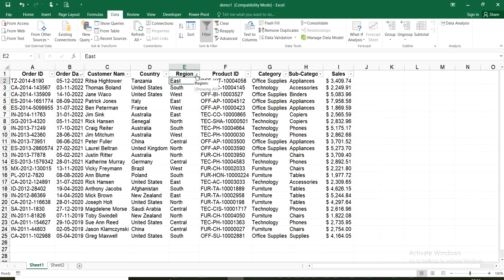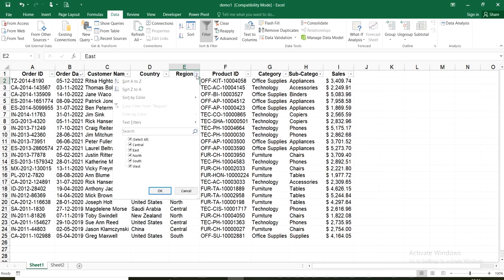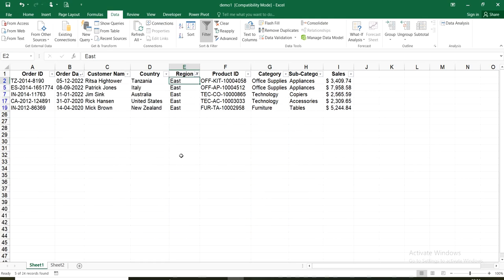So to do that, I can go with the drop down of region. There I can select only central or east or whatever I want. Before proceeding, I can deselect all and go with east. So I am selecting it as east. The moment we click on it, only the eastern region's sales will be displayed here.